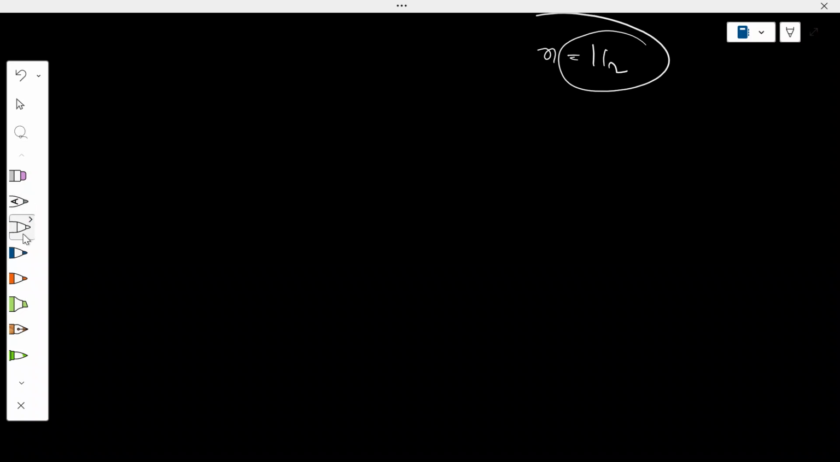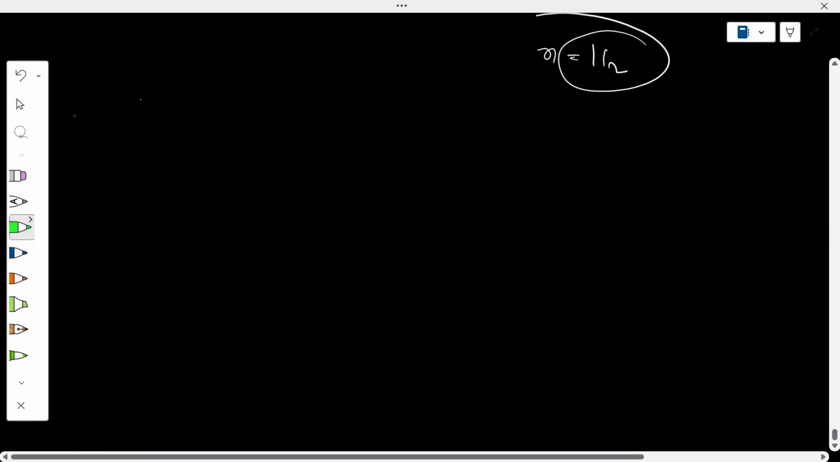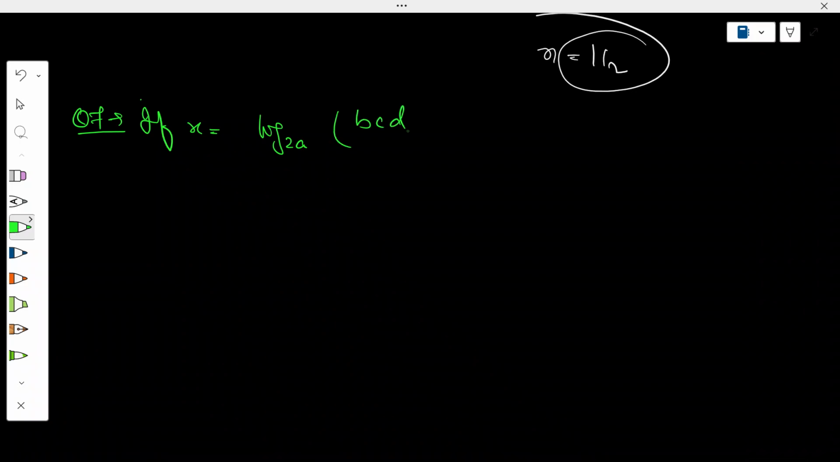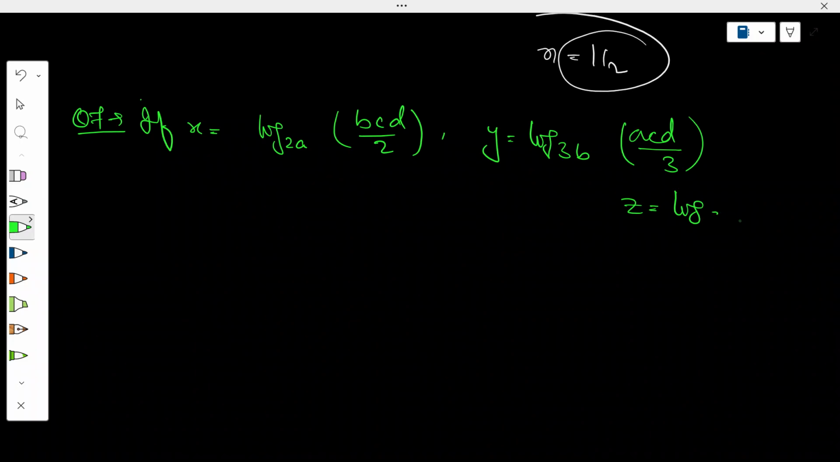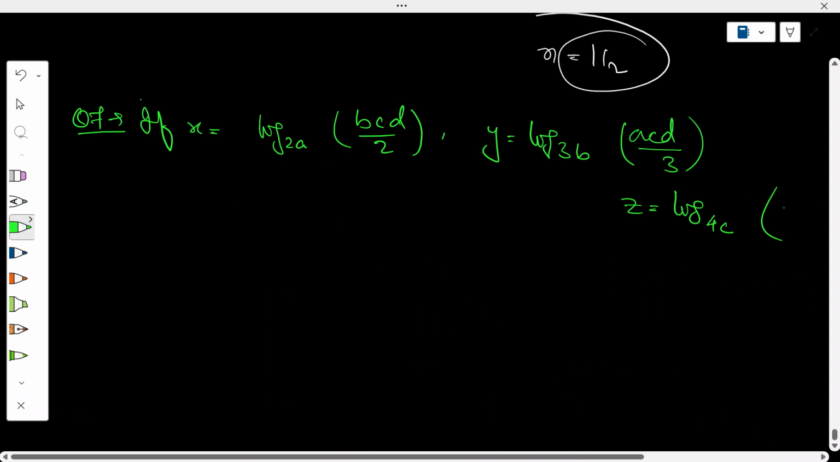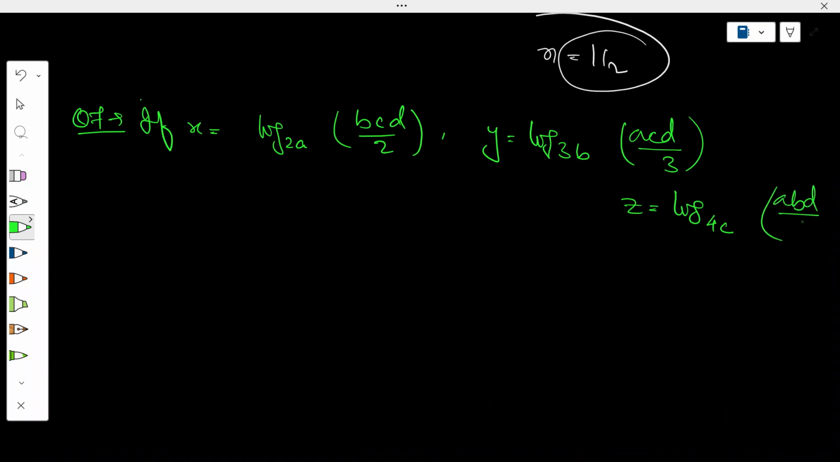So the next question, and the last question for the day, is question number 7, and the question is: if x is equal to log base 2 of abcd by 2, y is equal to log base 3 of b, a c d by 3, and z is given as log base 4 of c, in brackets a b d by 4, and w is given as log base 5 of d, a b c by 5, and